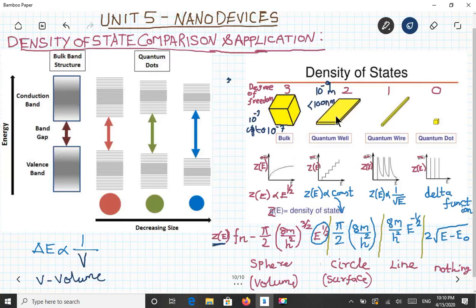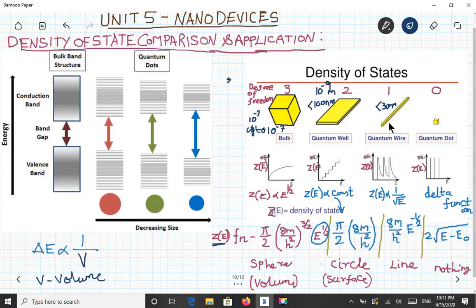So we will make it as a thin sheet, and then even reduce it to 30 or 40 or less than 30 nanometers, but greater than 10 nanometers. So we call it a quantum wire.